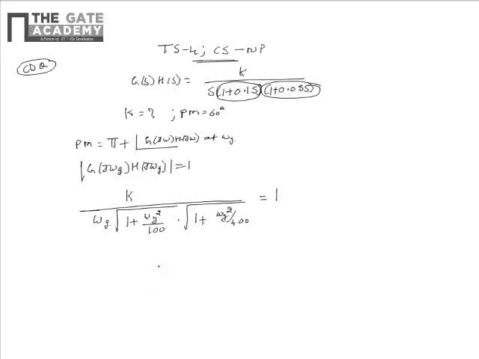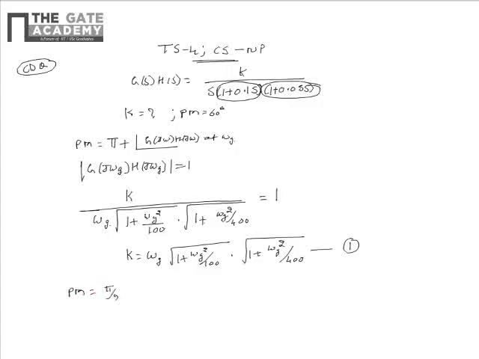and upon simplifying we see that K is equal to omega g multiplied by square root of 1 plus omega g square by 100 multiplied by square root of 1 plus omega g square divided by 400. Let us mark this equation as 1, and from the given data we know that the phase margin PM is